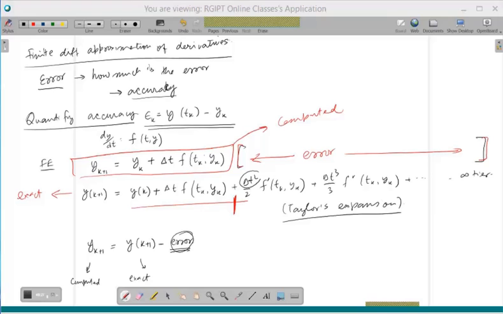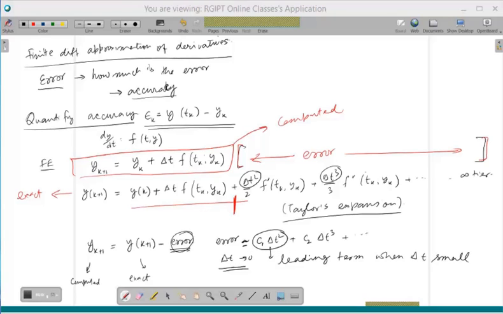Now what we are going to look at next is that in this particular case, error starts with delta t square and includes higher and higher order terms. I can write the error as some constant times delta t square plus some other constant times delta t cube, and so on. In the limit delta t goes to 0, the first term would be the leading term, the most important term. So when delta t is small,